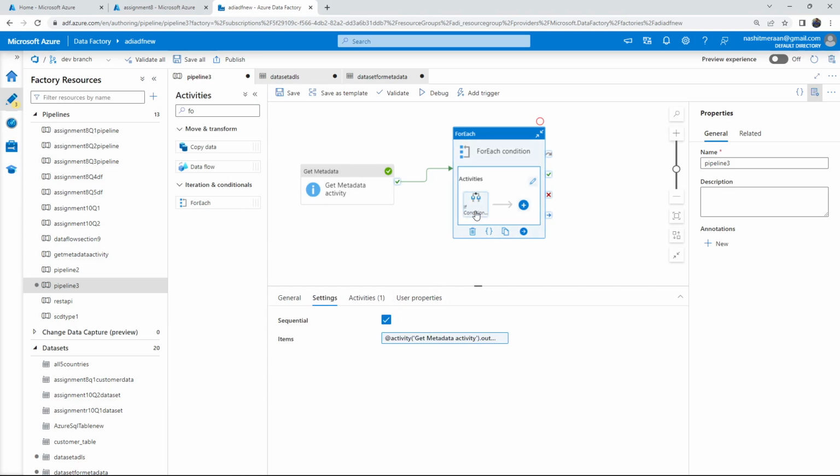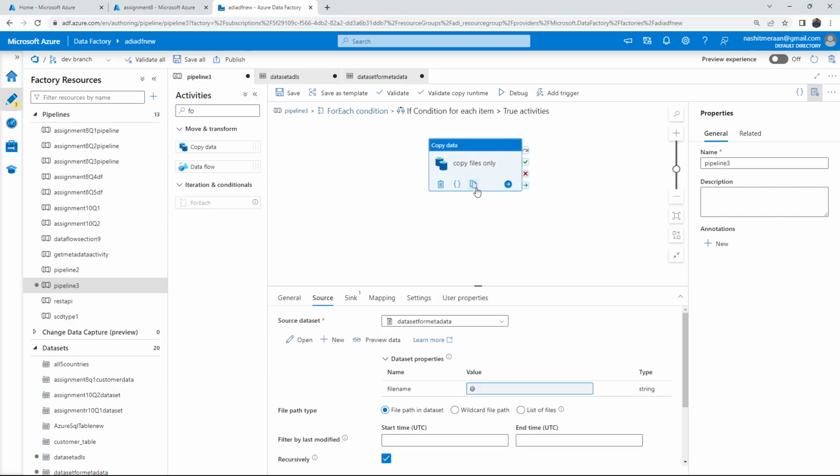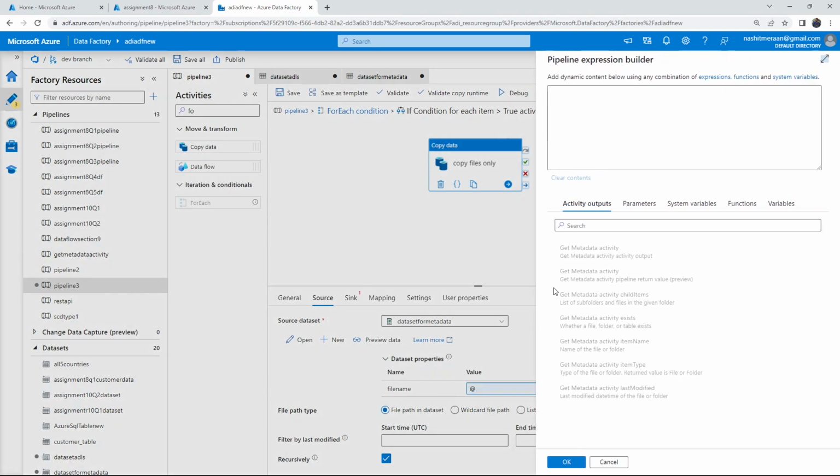So in the if condition we are using copy activity, right? Here we need to use